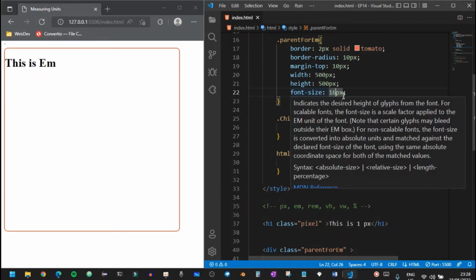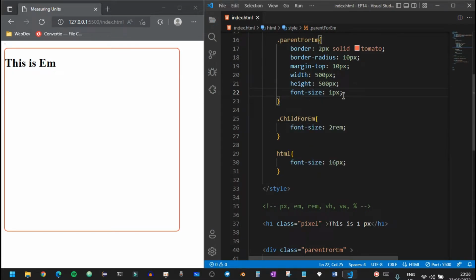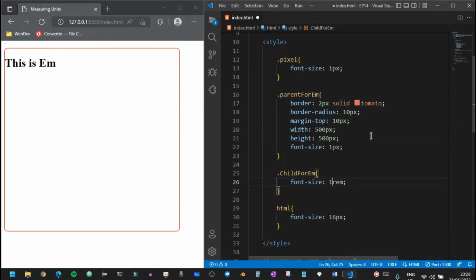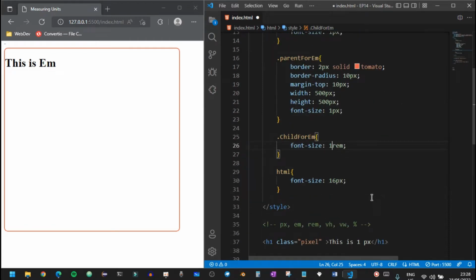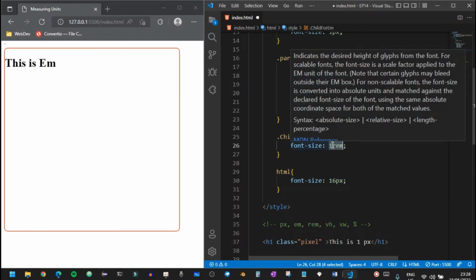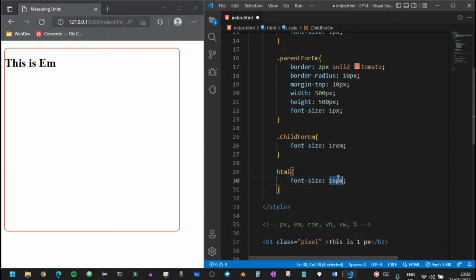What I'm gonna do is change the parent's font size to 1 pixel. But you see, even though I changed the parent's font size to 1 pixel, this font didn't change its size because rem means root em. 1 rem here means 1 multiplied by whatever the font size of your entire HTML is. So rem means 1 multiplied by whatever font size your HTML has,